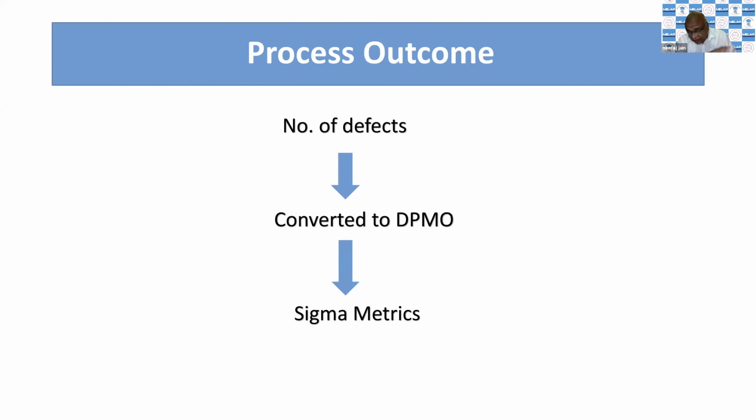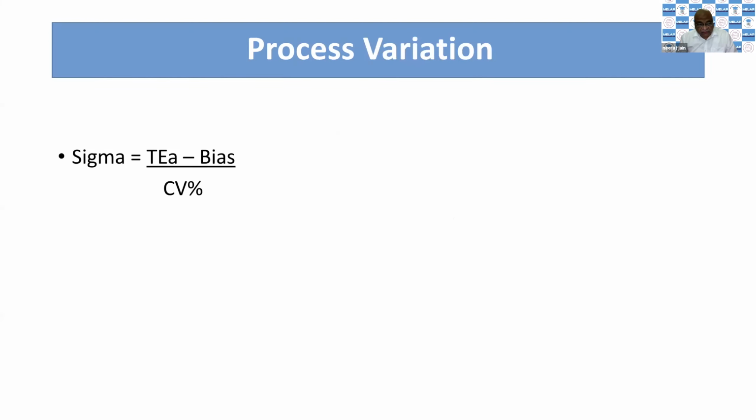This we will be using in our process variation. For process outcome, we calculate number of defects. Then these are converted into defects per million opportunity, as we discussed earlier, and then these are converted into sigma matrix. Now see,